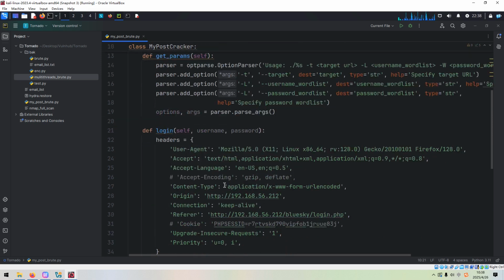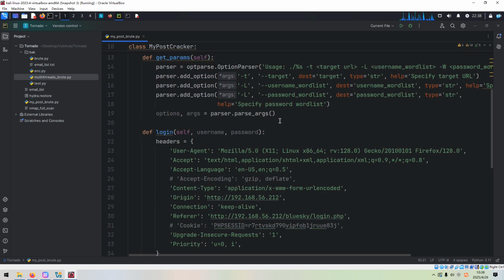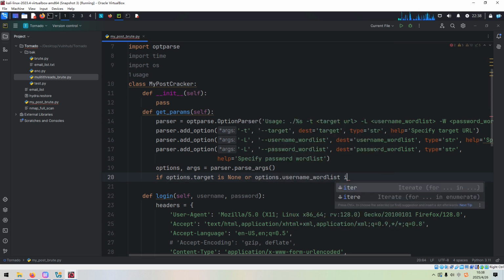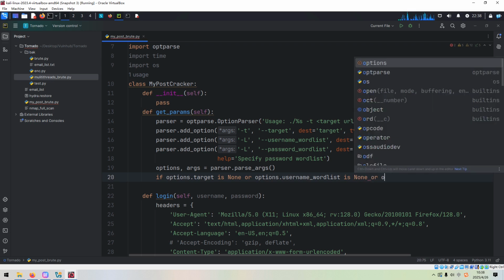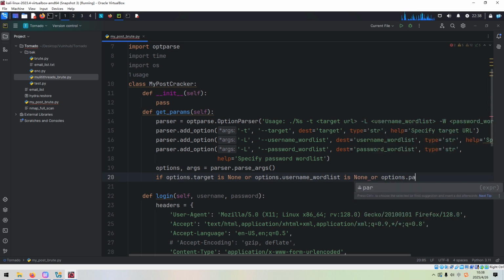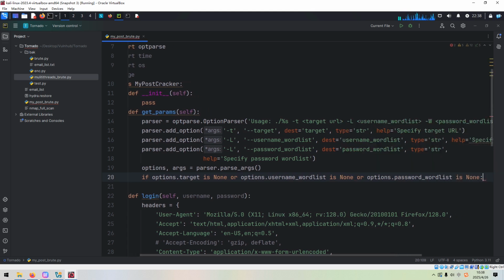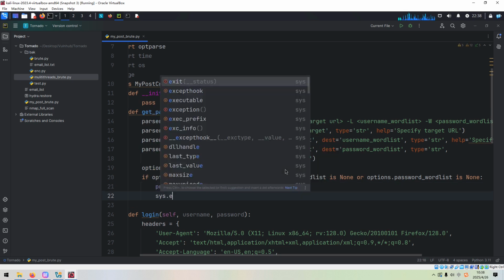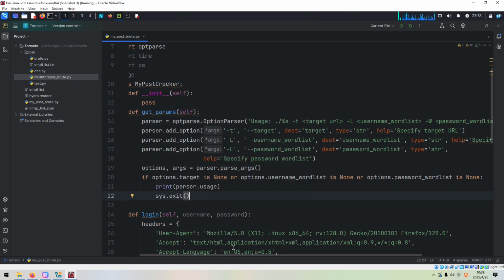We need to check whether the word lists exist or not. So if options.target is None, or options.username_wordlist is None, or options.password_wordlist is None, and then we can print out the usage and exit from the program,